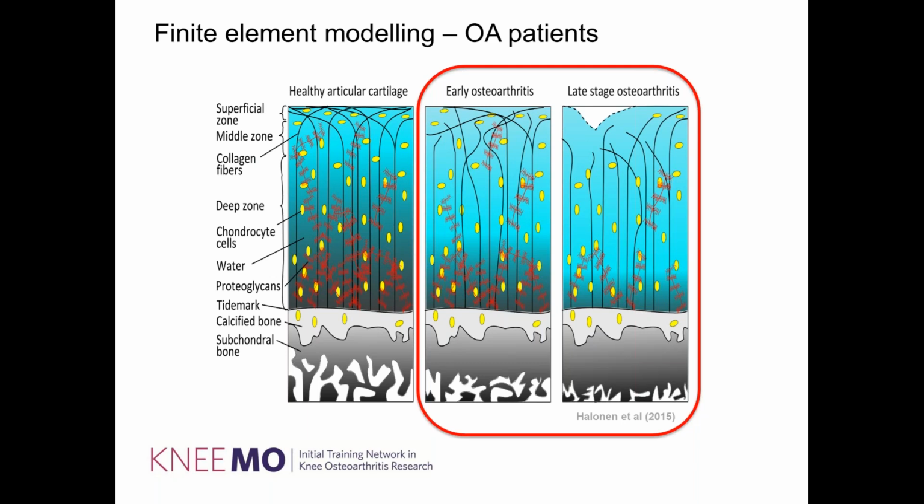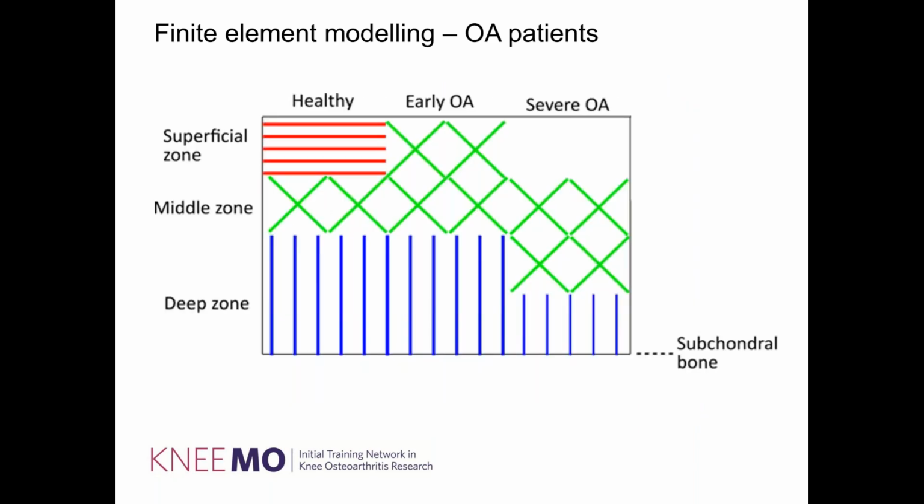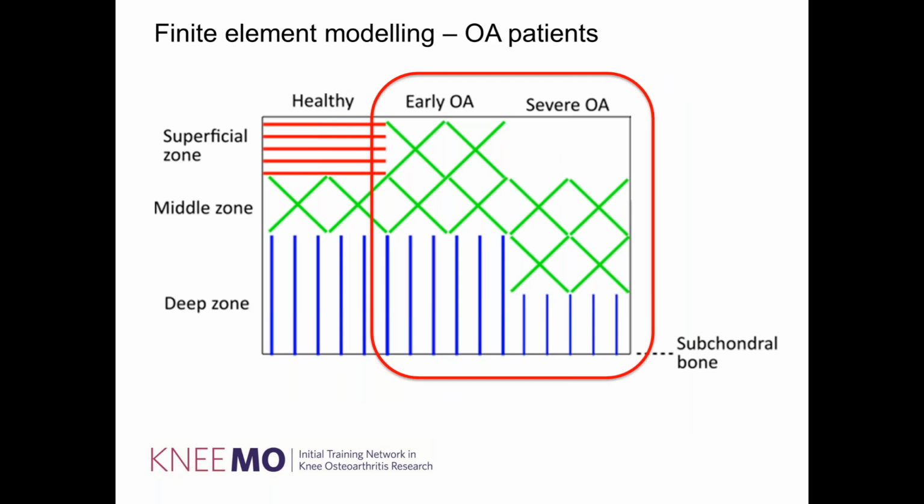You also get these changes in the subchondral bone, etc. It's a complex disease. So these are the ones that we are modeling at this point. So the way that we model the early OA structure is that first of all we change the superficial